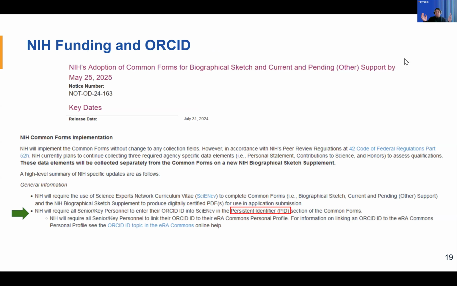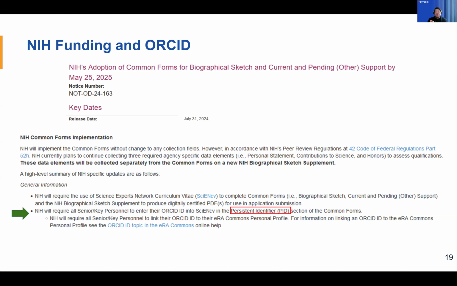And of course, federal agencies are also starting to look into ORCID and making sure that investigators have an ORCID ID. One of the biggest changes that will make an impact next year, starting May 25th, 2025, is that when you're applying for NIH funding, they will ask for a persistent identifier for the senior and key personnel.